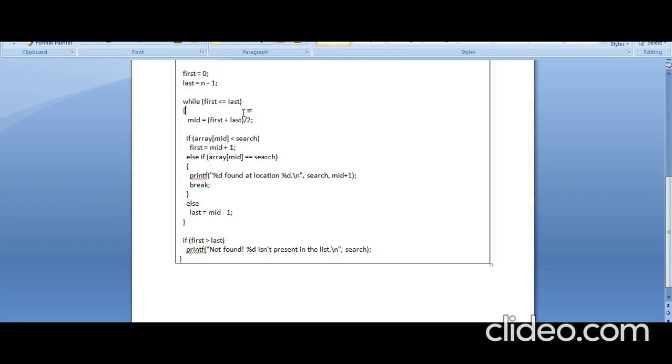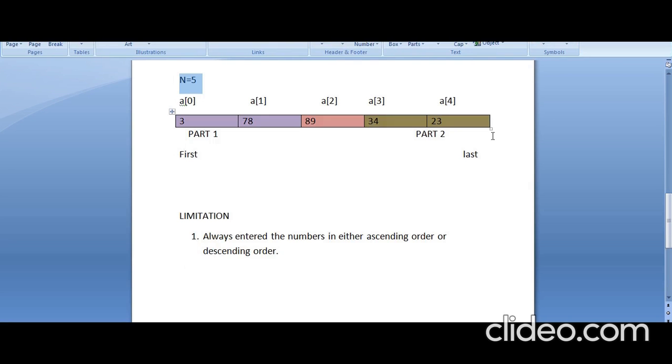Now here I am going to explain an important concept. When we are dealing with first and last, last will always be pointing to the maximum value. In this example, last is pointing to 4, first is pointing to 0.